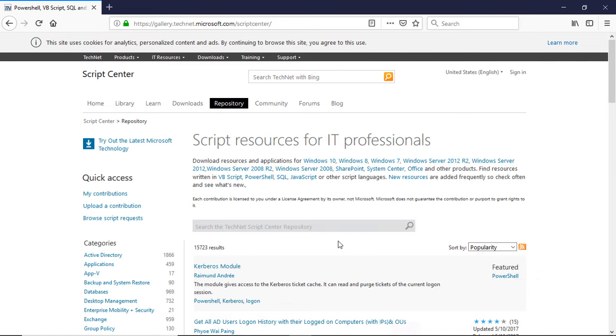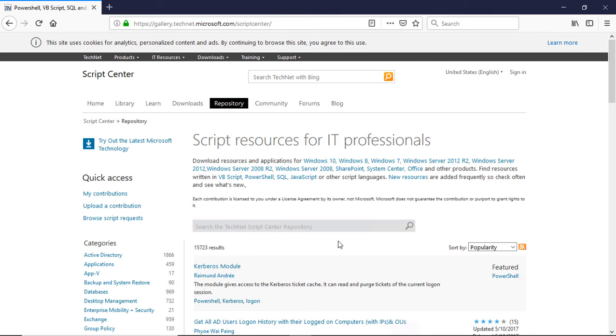In our basic PowerShell course, we have covered a lot of commandlets. We talked a little bit about scripts, but now we're actually going to do some scripts. So you can get some canned scripts or PS1 files or text files you can edit into PS1s like we're going to do from this